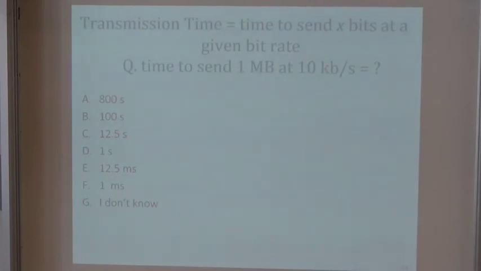Now, the capacity or the bit rate of a channel is important for the design of protocols such as TCP because it impacts the timing. If I transfer a file from a server to me, I would like that this happens as quickly as possible. But how quick is quick? So for example, how much time does it take to send 1 megabyte? So the capital B for me here means byte. So byte is 8 bits. At 10 kilobit per second. So 10 kilobit per second is what you have when you're in the middle of France on the cellular network. Or a place that has a very poor cellular telephony connection.